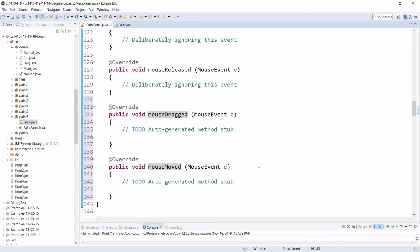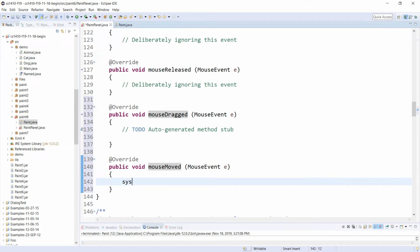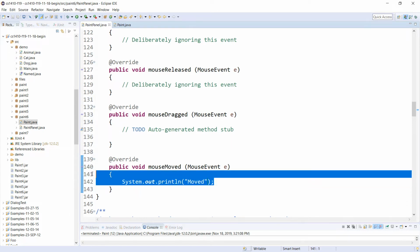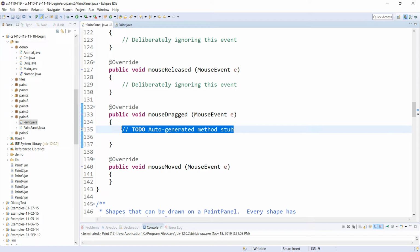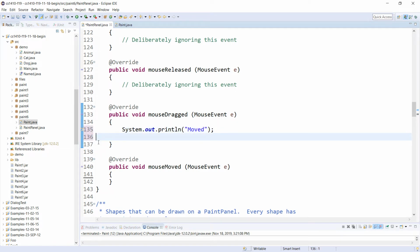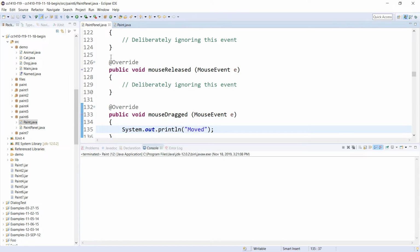Okay, and I think mouseMoved is what we want. Let's try it out though. So just to make sure this is working, actually, I don't think that's what we want. I think that'll tell us if the mouse moves regardless of whether the button is pressed. I want to know, did it move while the button was pressed, and that's a drag. So we'll do that. I'll make the console a little bit bigger so you can see what's going on down here. We'll run the program,